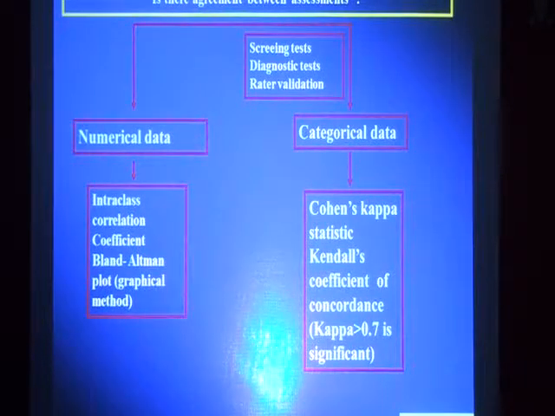Common mistakes. Suppose there is a new instrument introduced into the market recording intraocular pressure. You have to validate it by comparing with the gold standard, which right now is the applanation tonometer. They take measurements of patients with one instrument, and in the same patients with the new instrument, and then they take the mean of both readings